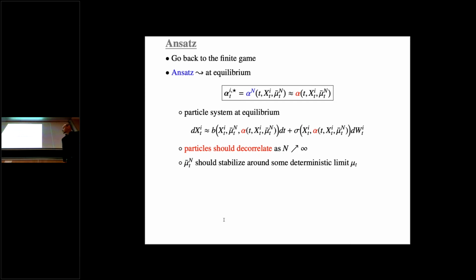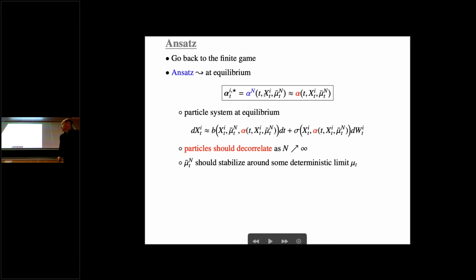The guess is that when you come back to the equilibrium, so remember that when you have a star, it means that this is an equilibrium, you should see the symmetry in the shape of the feedback function. And typically, this is what happens. So you see that I postulate, you can check this, and I'm going to say more about this tomorrow, I postulate that, in fact, everybody is going to use the same feedback function, except that this is reordered in the shape of this feedback at equilibrium.